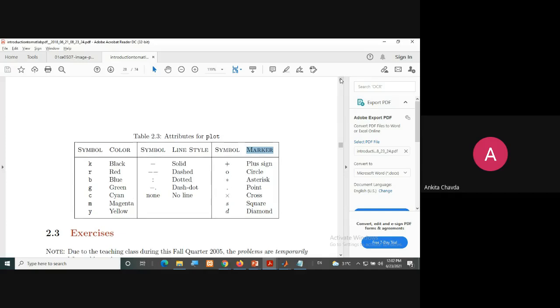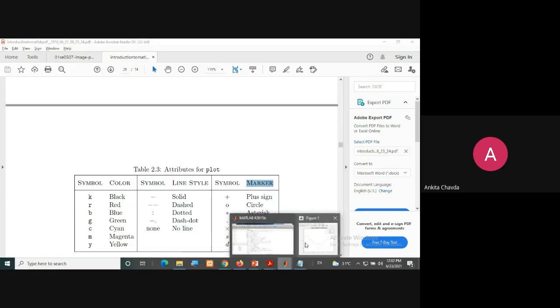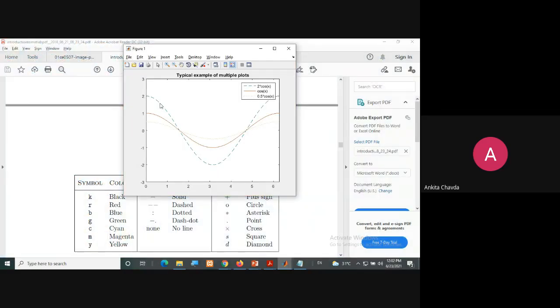So now what I'm saying is, what was your default color? This one. Now I want to change the color, something different than this. So I want to use either black color, green color, and this cyan color, right? Make these three color changes. Also change somewhere, instead of only dot, make it dash dot, and also write the marker. So this is what you need to do.